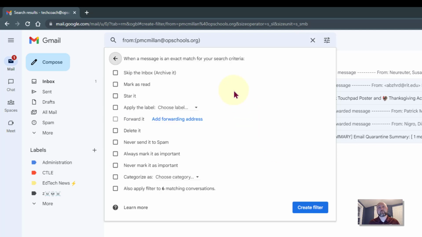Now here's all the things I can do based on my search criteria. So I'm only searching my own email, emails from myself, and this is what I can do with it. I can choose to skip the inbox and archive the email. What that's going to do is it's not going to delete it, but it is not going to show up